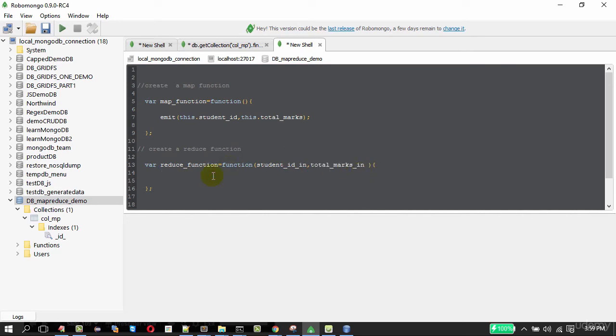In the reduce function we are just going to calculate the average, so let us return that. The average of total marks, right? Array.sum of this total marks divided by total marks.length.